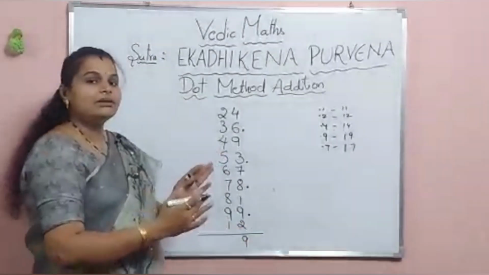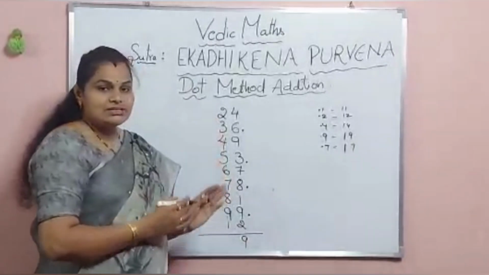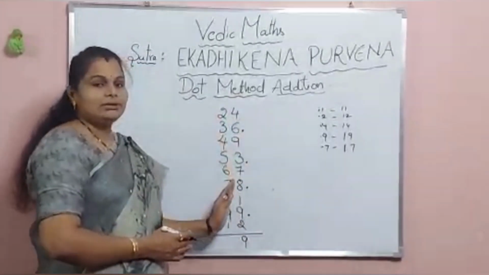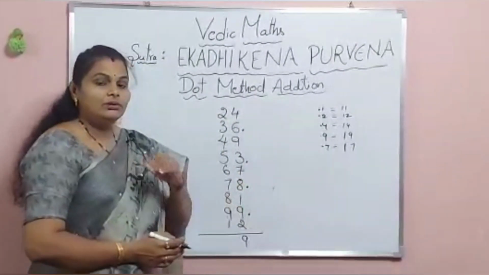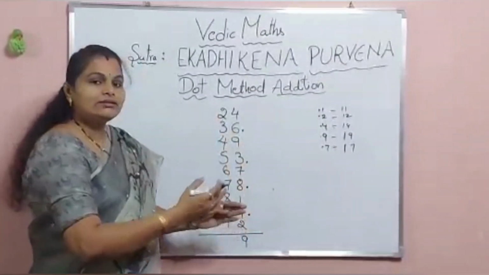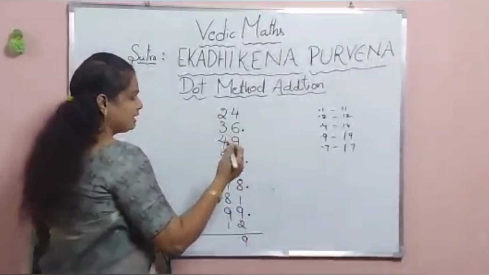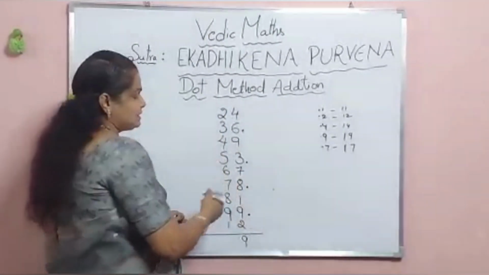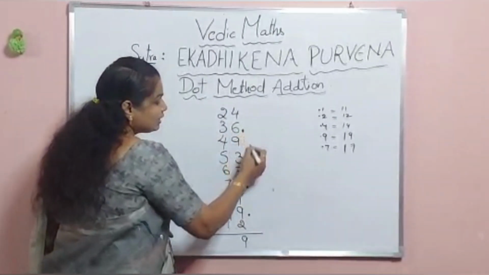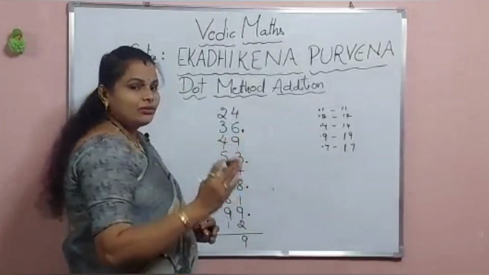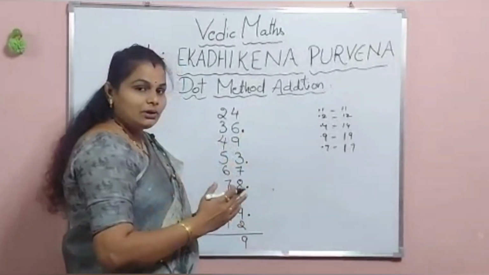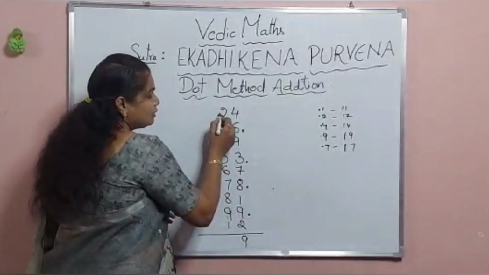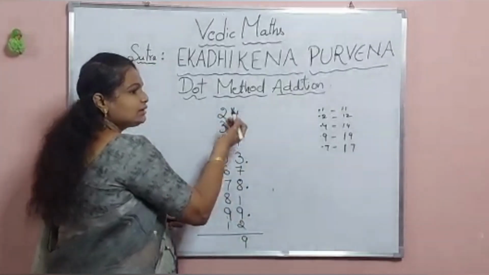So like how we did in the first problem, if it is a single digit set, in the same manner we have to do it in the double digit number also. Now what we have to do is count the dots and carry them to the next place. Means all the right side dots we have to bring to the left side place. So how many dots here? Let me count. 1, 2, 3 and 4. So 4 dots are there. All those 4 dots I have to add to the tens place digit, that is here 2.